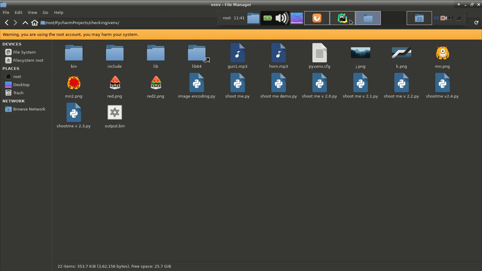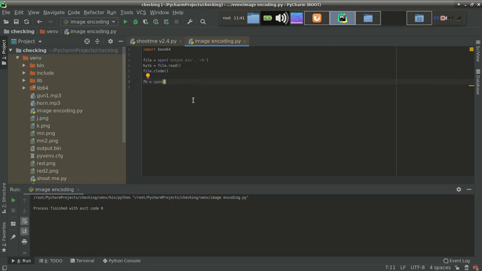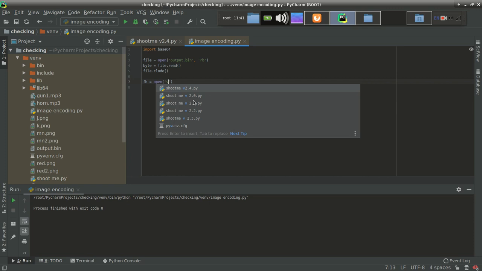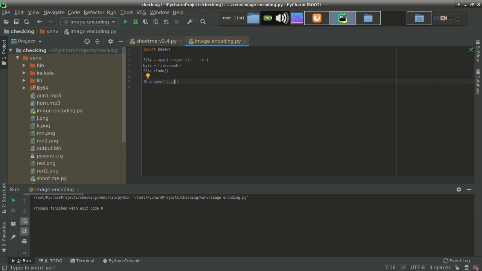So let's create an image verification.png, because we want to verify our output. So verification.png will be the name of the new image that we are going to create from that byte data.